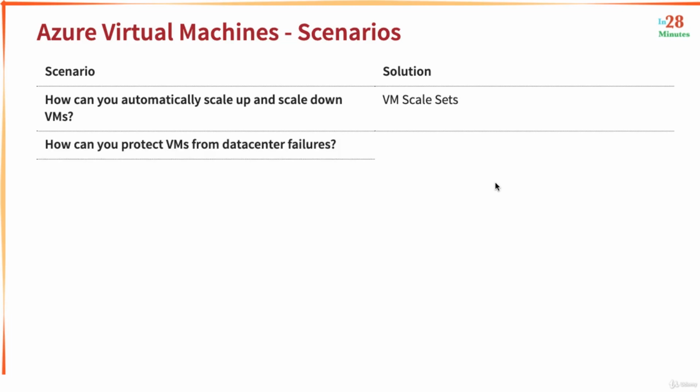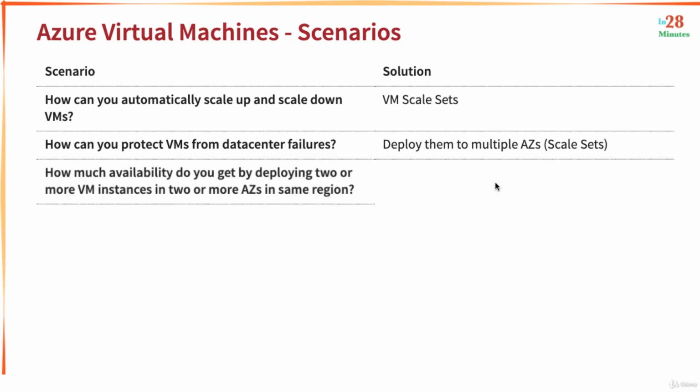How can you protect VMs from data center failures? I have a set of virtual machines. Even if a specific data center fails, I don't want the entire application to go down. How can we do that? What we can do is deploy them to multiple availability zones. To protect from a single data center failure, you can deploy to multiple availability zones. So even if one of the data centers in an availability zone fails, you can serve the application from another